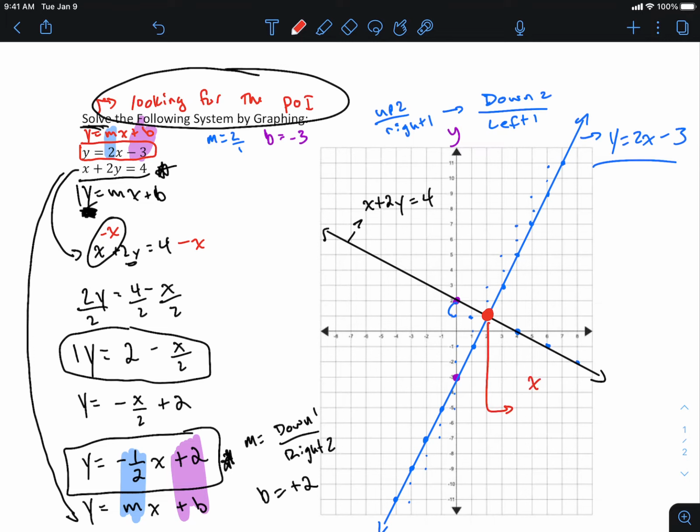Now, the nice thing about substitution is that this situation is actually preferable, where you have two equations that aren't matching. They're not both written in the y equals mx plus b form. Okay? Now,